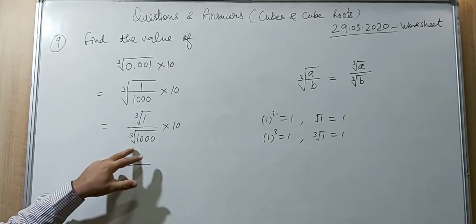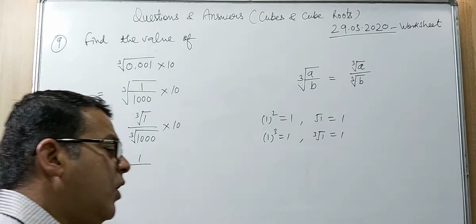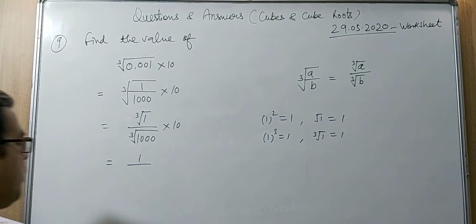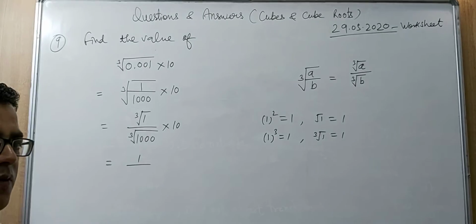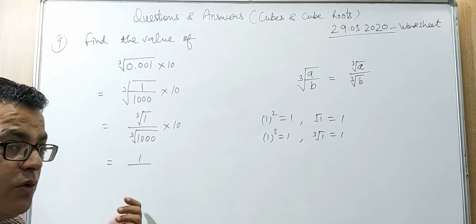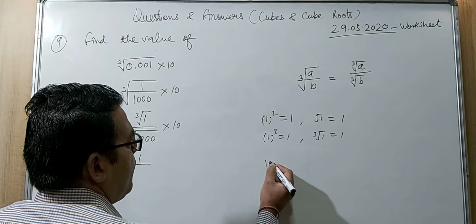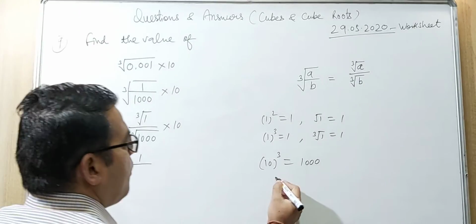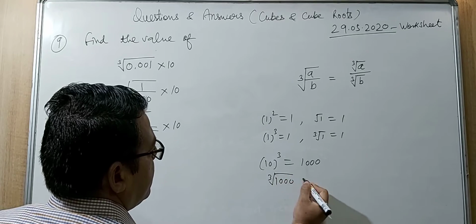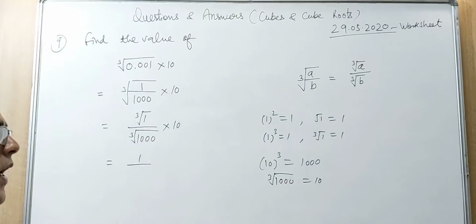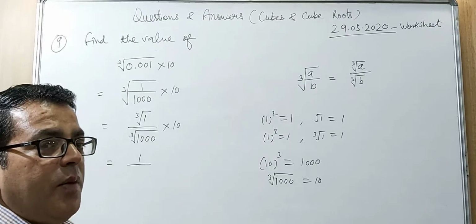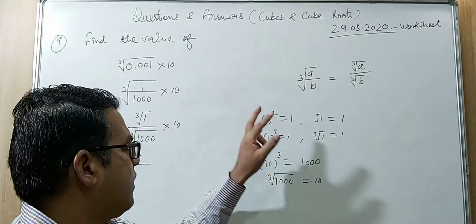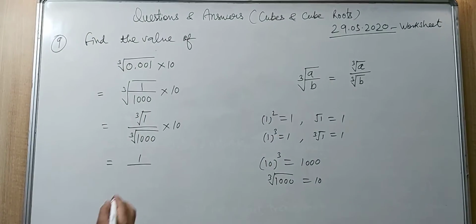Right? Now you need to find the cube root of 1000. Take your time. There are many methods, you can find it using any method, but you must know that the cube of 10 is 1000. So it means the cube root of 1000 is 10. Since we know that cube and cube roots are complementary, they are reverse operations. The cube of 10 is 1000, it means the cube root of 1000 is 10. So we can write here 10.